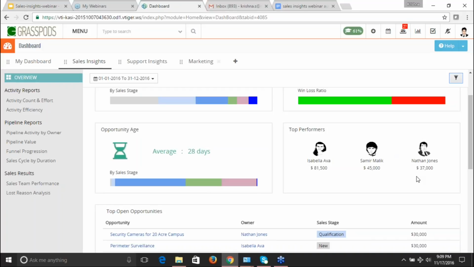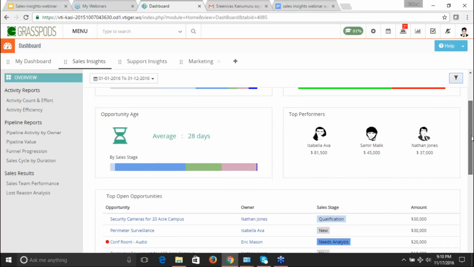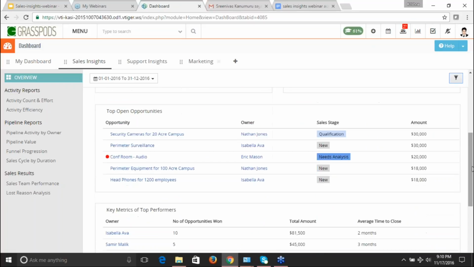Then when I look at the top performers in my team, so I have Isabella, Samir, and Nathan. So it's good to know who your star performers are for the selected period. And then I want to see what's cooking in the pipeline. What are the big deals that are expected to close in the time frame that I've chosen? So there are a couple of big opportunities here, one under Nathan and one under Isabella, so under capable hands,